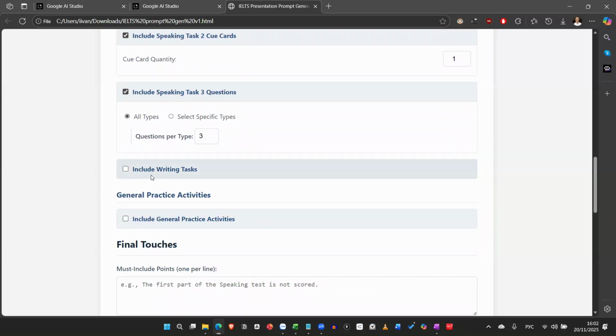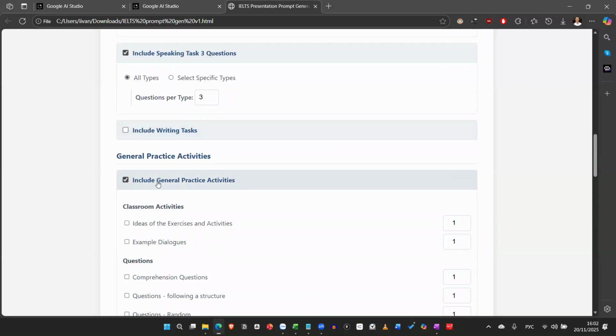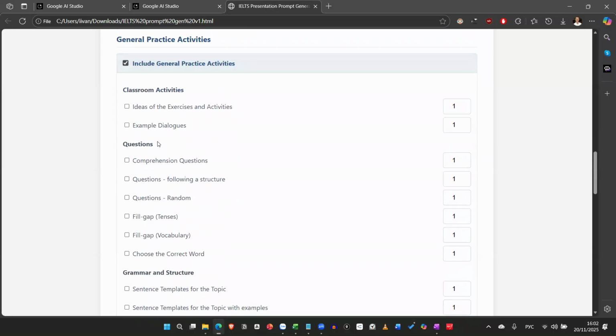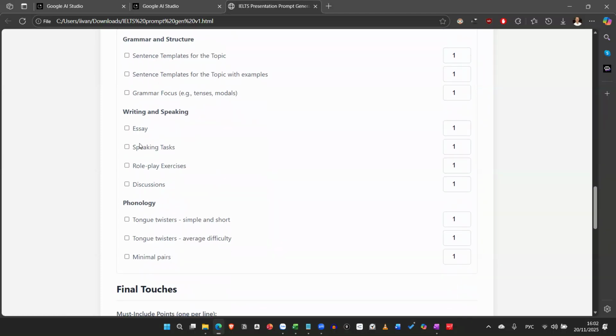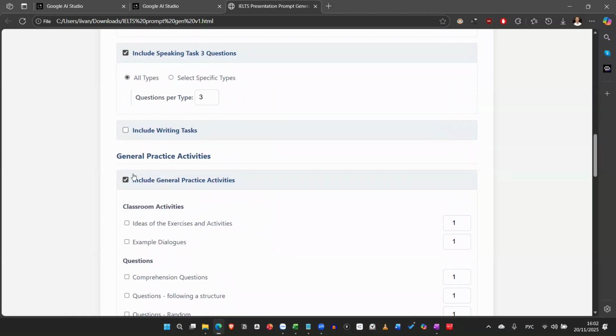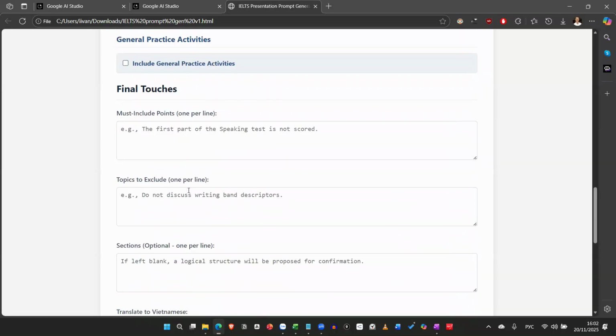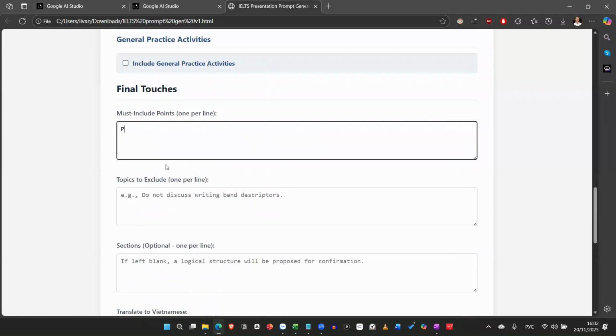You can switch to writing. We can also add general activities, which are basically general SLT activities. Yeah. Ideas for exercises, general questions, sentence templates, essays, tongue twisters, and so on. Oh, what else to include? Let's say